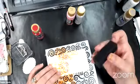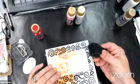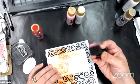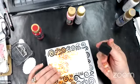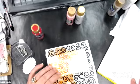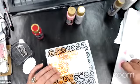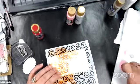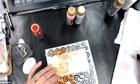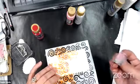How do we apply them? You get packing foam in with electronics sometimes, instead of the popcorn or the air bubbles. And I cut them up and make them into sponges. So what I'm going to do is bring this over a little bit here. I'm going to pick up some of the pink and smush it around on my sponge. You don't want it to be a clump of paint. Pick up some of that gray on the other side of my sponge, smush that around so it's smooth, and